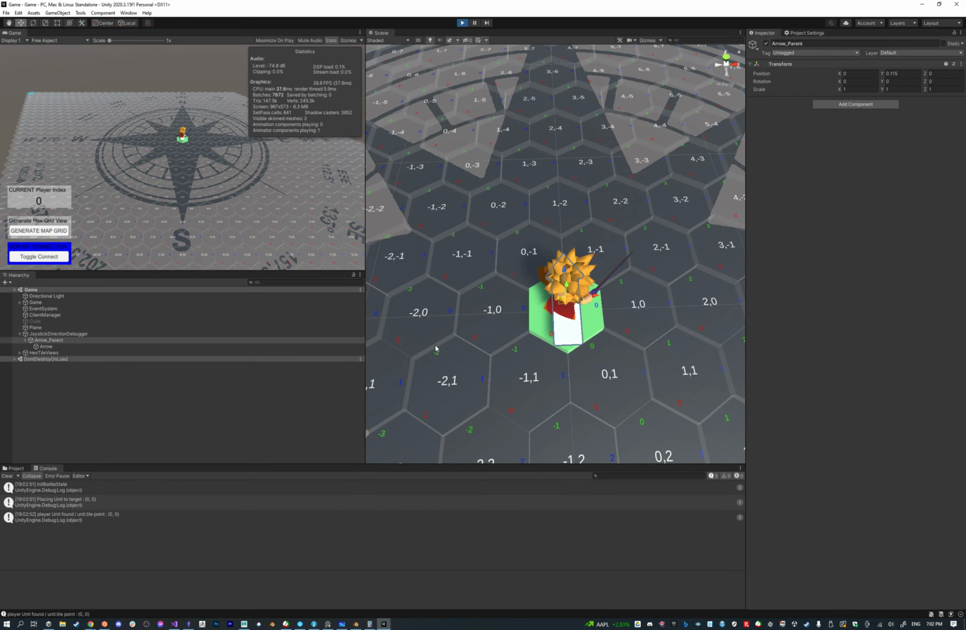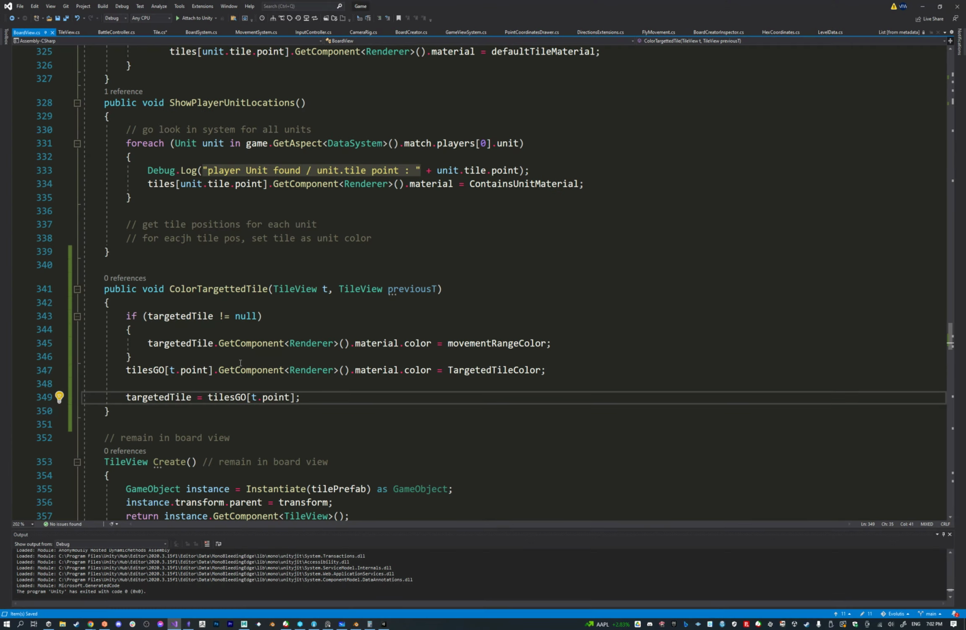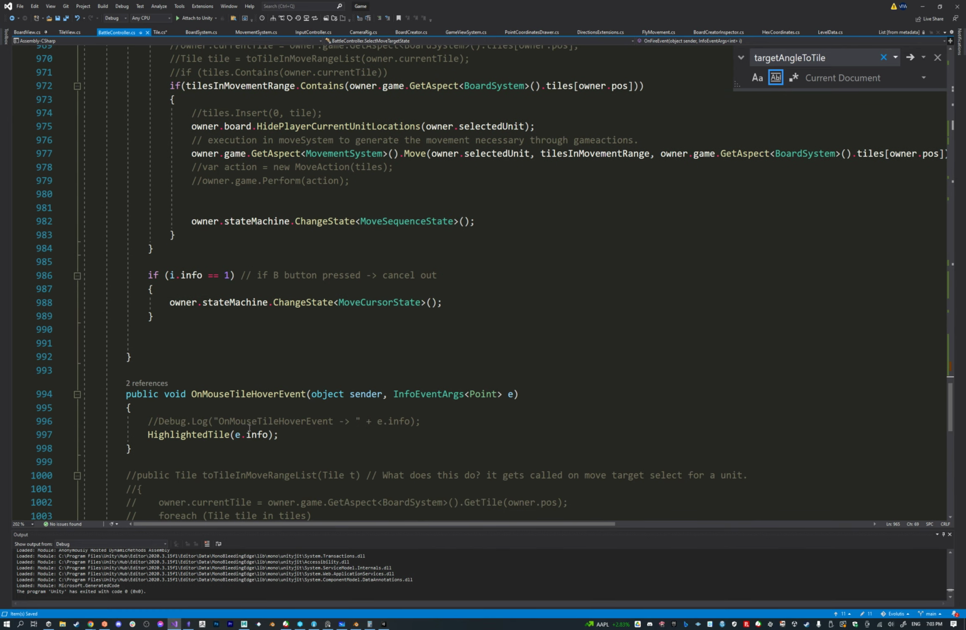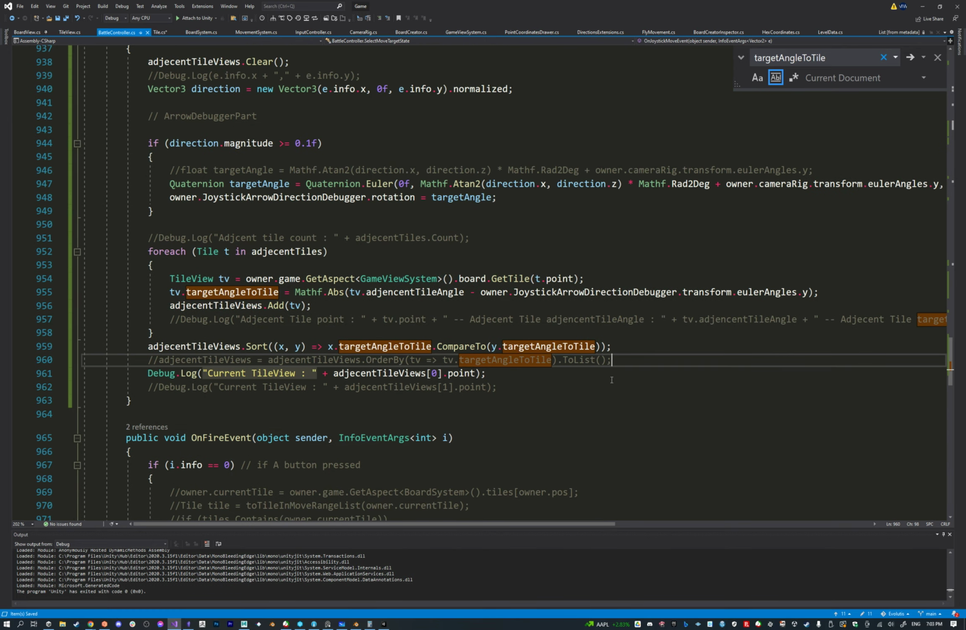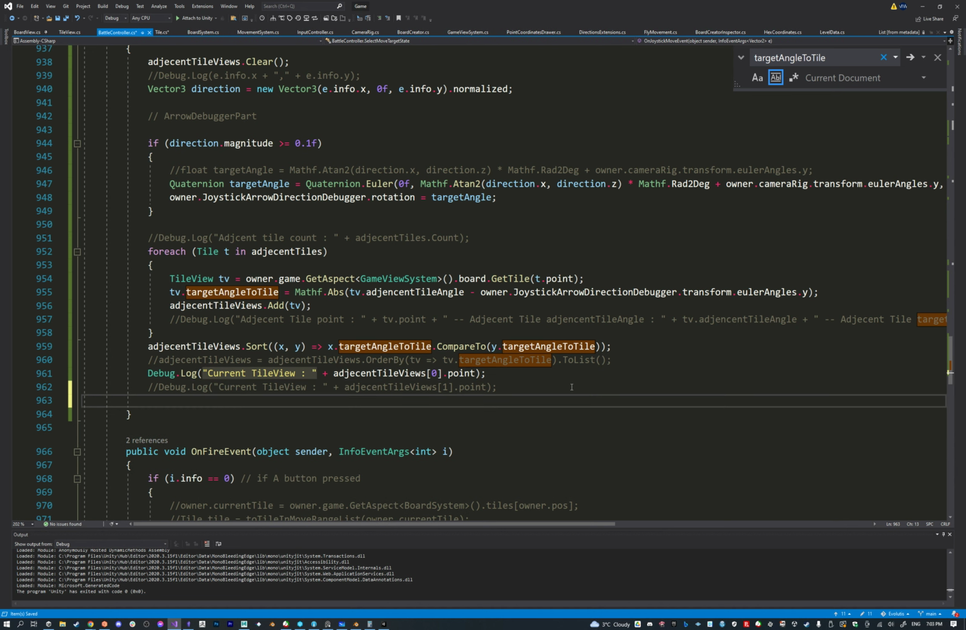Oh wait, I didn't plug in the thing. Hold on. Then what I want to do is get color target tile. This is in the board battle controller. Right here, we're going to do owner dot game dot get aspect game view dot board dot targeted tile, color targeted tile,